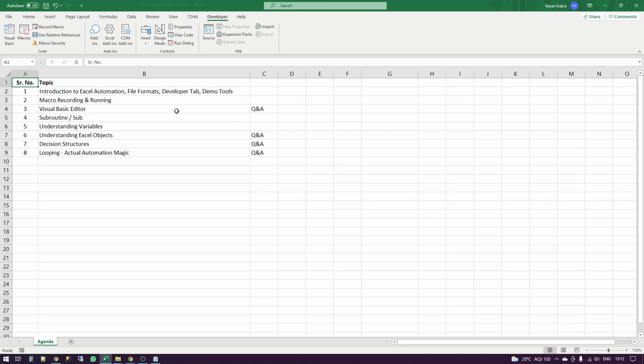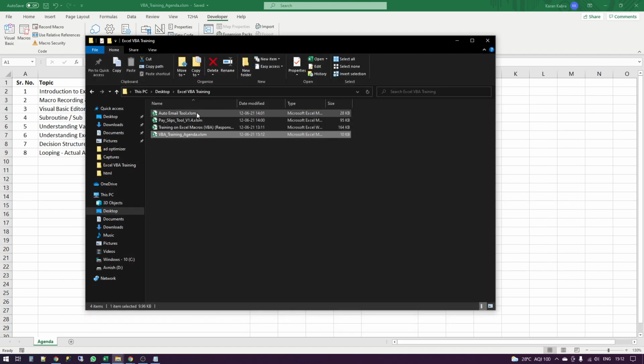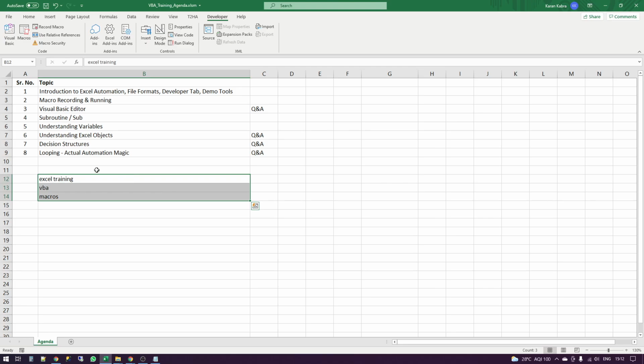So before we start, let me show you a couple of demo tools for you to understand how automation can help you. So I'll start with something very basic. Let's say I've written something in these three cells, and I want to capitalize everything.